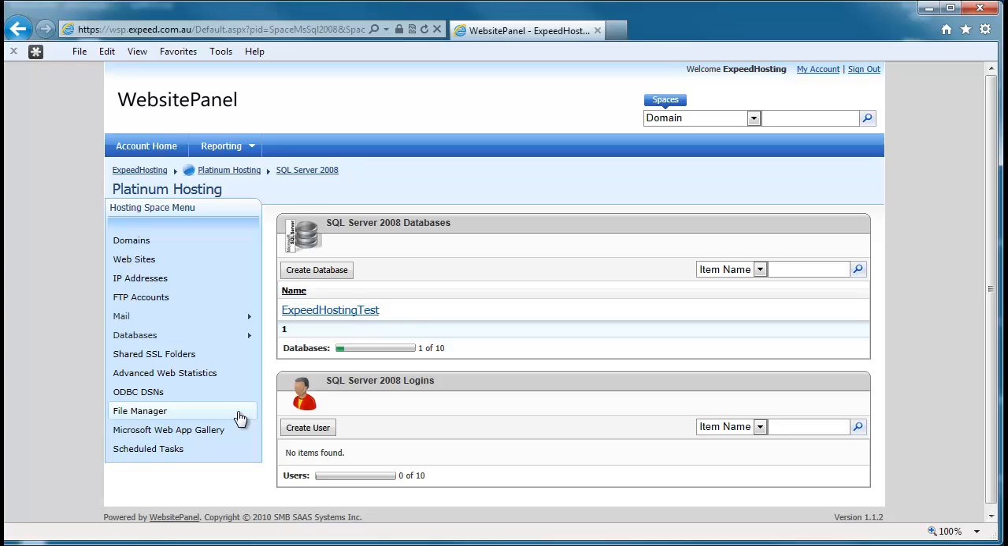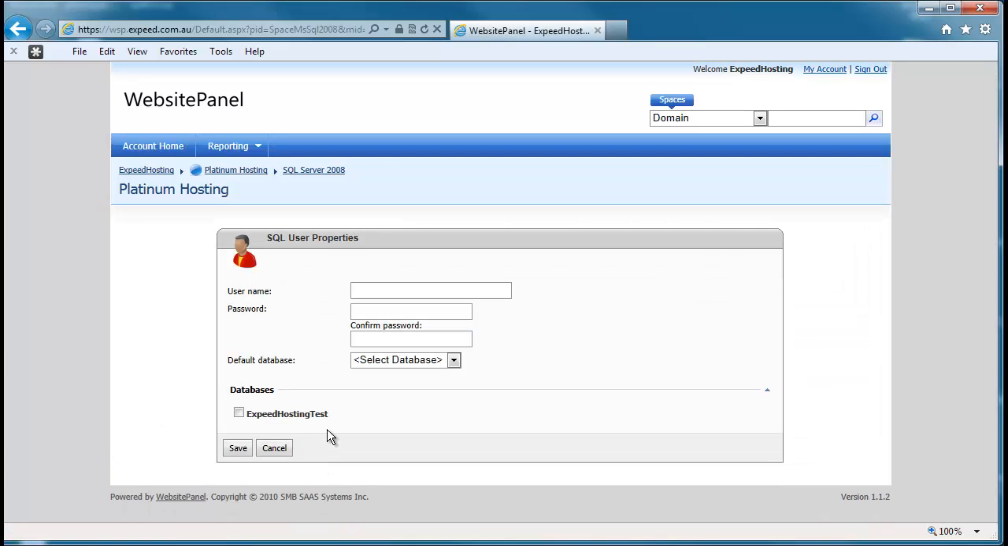Now what we need to do is create a login for a user to use that database, and we do that by clicking the Create User button just down here. Again, very simple dialog box. So if we give our user a name and we'll give them a password,